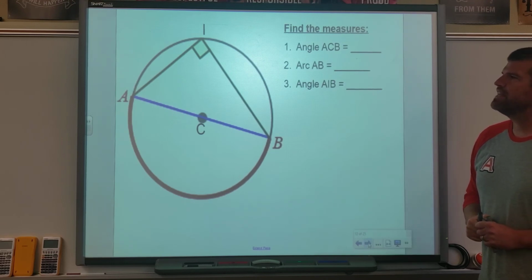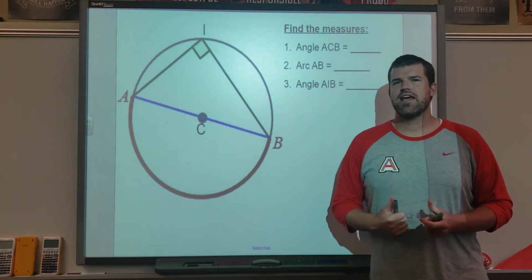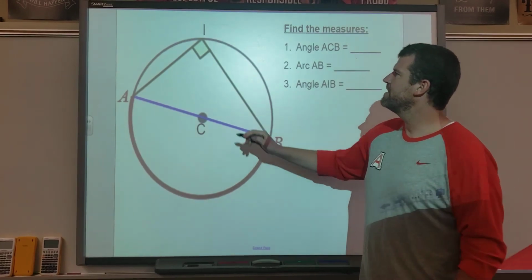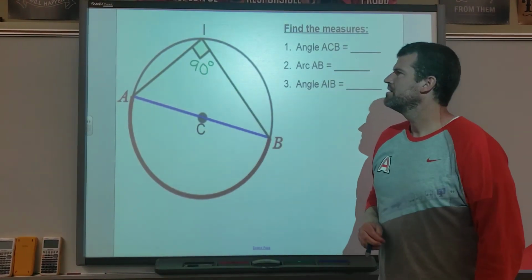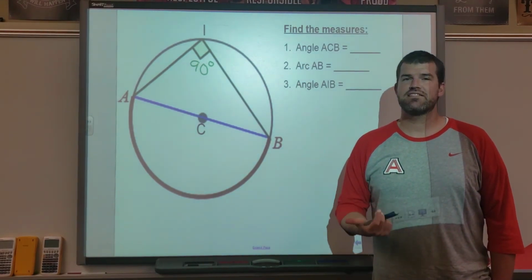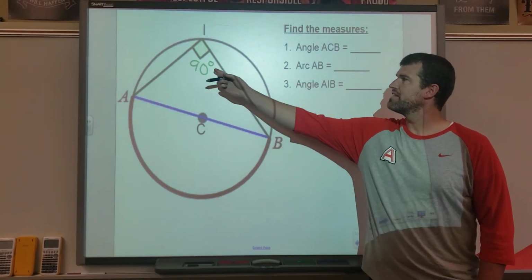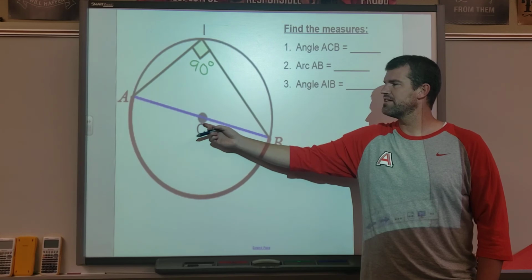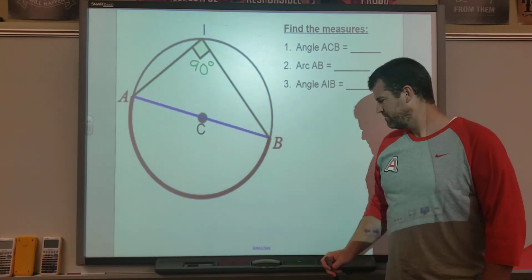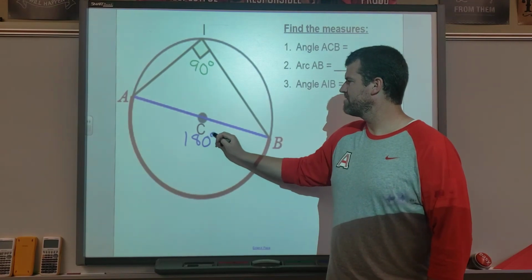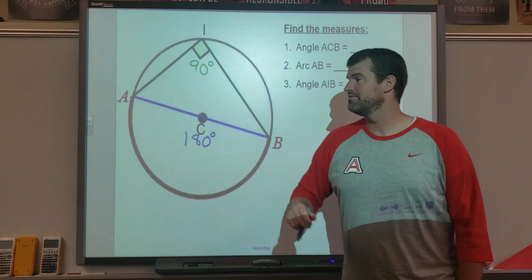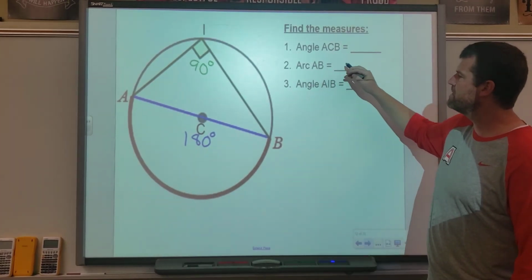Okay, what if the inscribed angle is a right angle? Well, if this angle is 90 degrees, and that's half of the central angle, right? If this angle is 90 degrees, how many degrees is the central angle? Of course, it's 180 degrees, which I can also tell because it's a straight line. All right, so angle ACB, that straight line, is